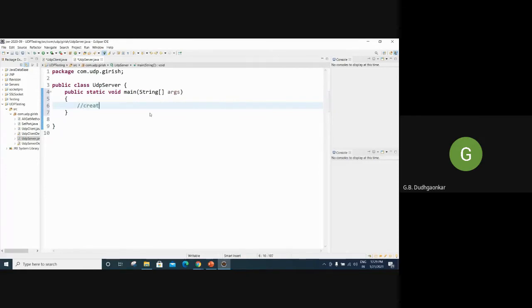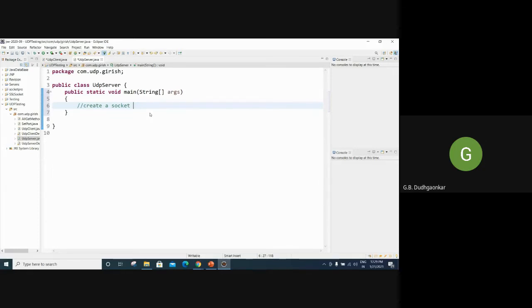So create socket, it's our first step in every socket programming. Remember, create socket is a must for both client and server, because that is the mechanism used to connect to the host. Then data can be sent. But if there is no socket object, then data can't be sent. So first, either client or server, we have to create the socket first.